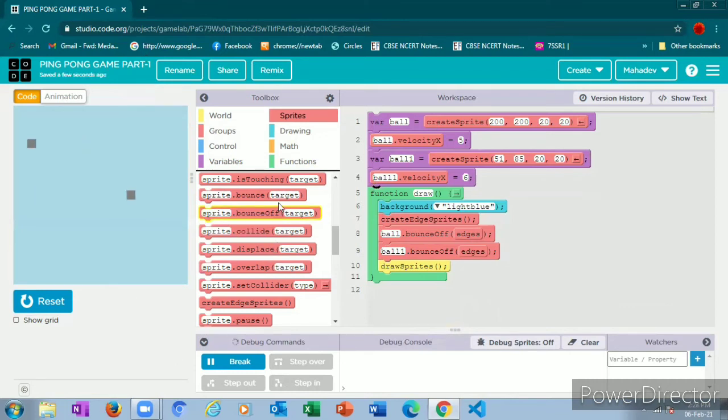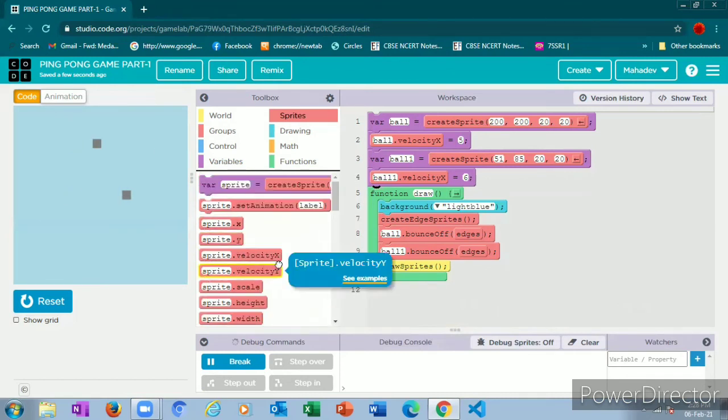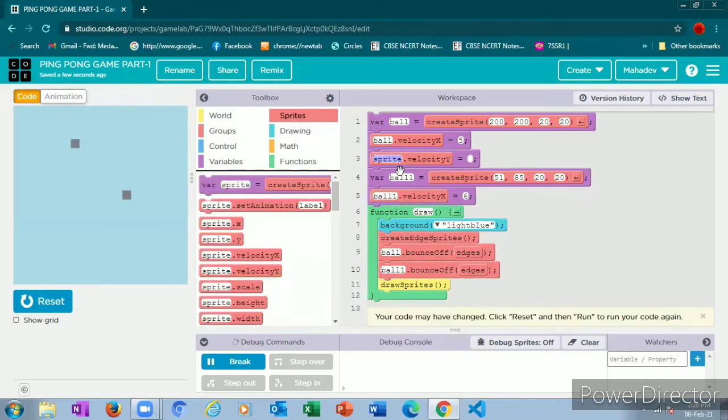Now I will place velocity y from the right section, here for the ball. Where you take the ball, there only you place it. It will be very easy.